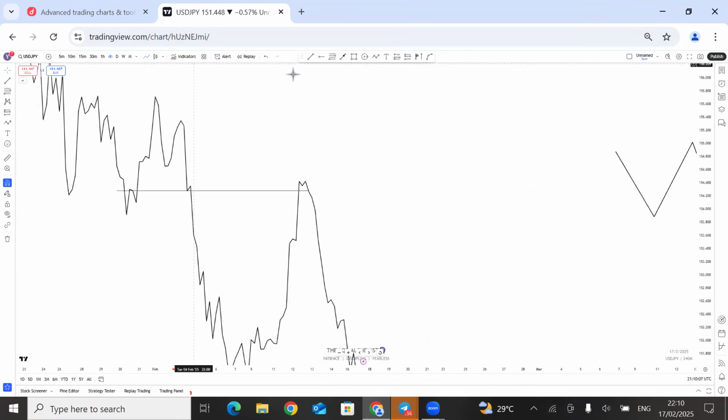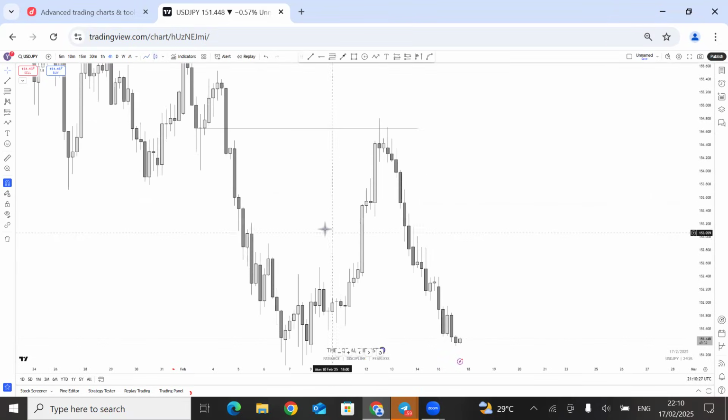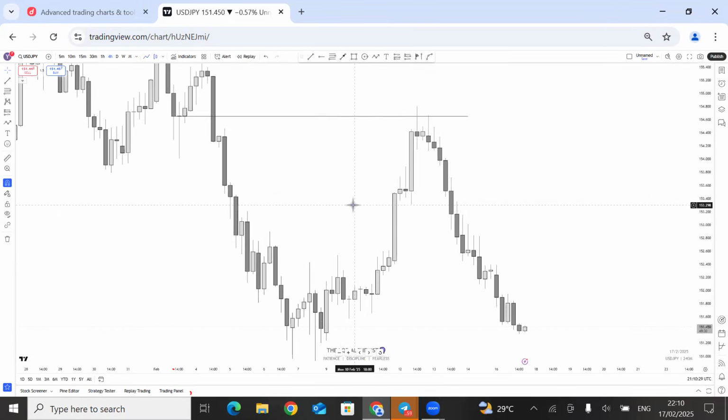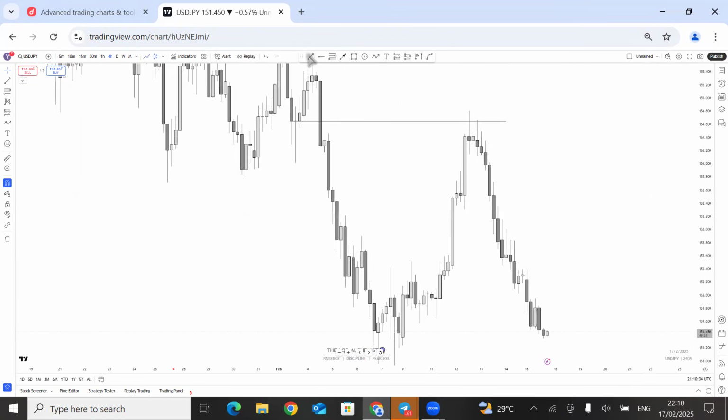So that's your 4 hour key level. You can mark it out, your 4 hour key level. It's like a breaker block. You can still maintain this one, or you can take it out even. This is what we call refinement, because price is always going to come back to this to refine it for coming down. So you turn on your candlestick chart and this will be your trade setup. This is going to be used as liquidity.